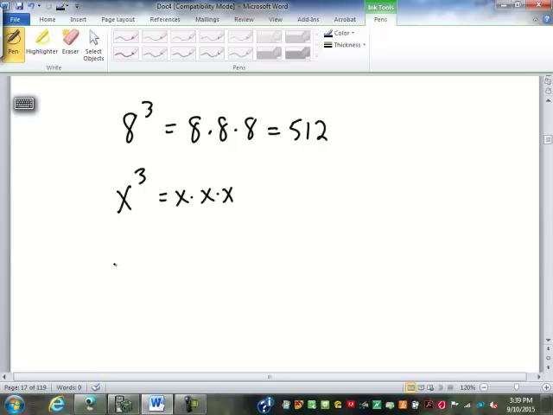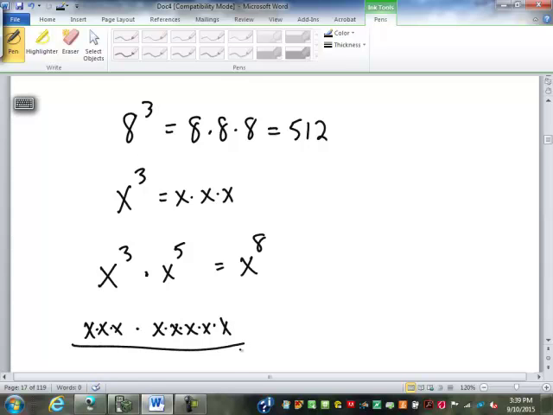And if you might recall, if we had x to the third power times x to the fifth power, we get x to the eighth, because x to the third is 3 x's multiplied together. X to the fifth is 5 x's multiplied together. If we multiply those together, we now have 8 total x's being multiplied together, or x to the eighth. So even though it looks like we're adding, we are still multiplying. It's just the powers,